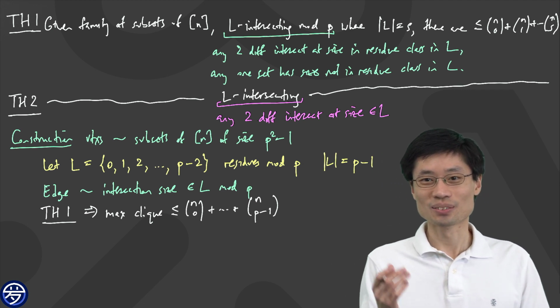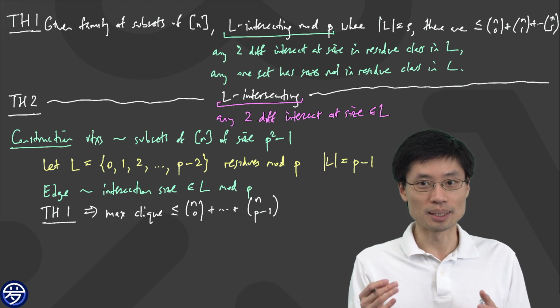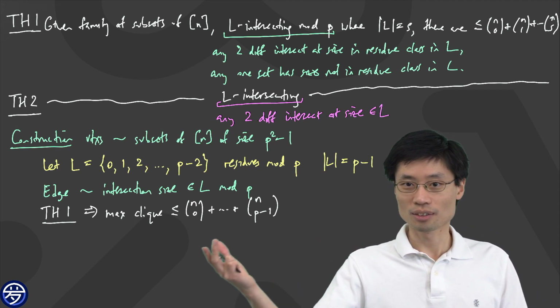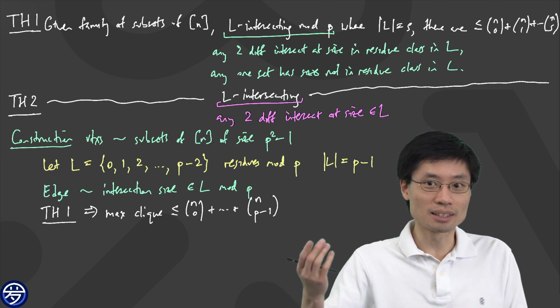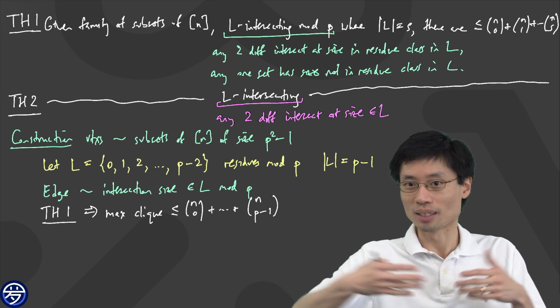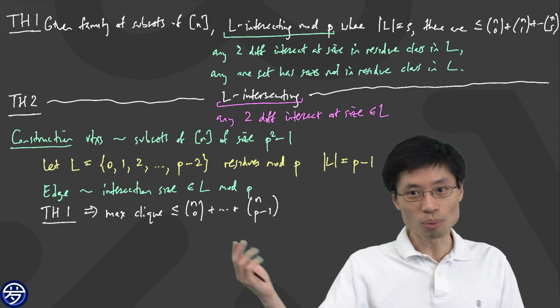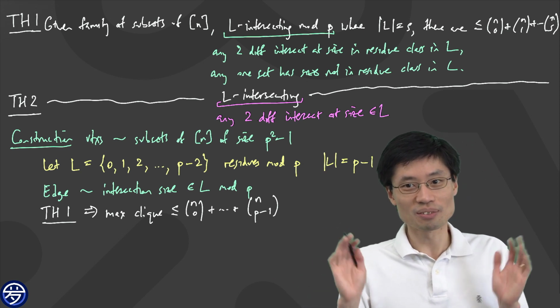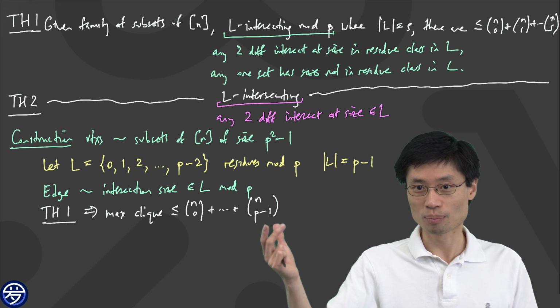Okay? So, by the way, how you should think of this is that if I chose my n to be somewhat big, this is quite nice, because if n is bigger than p, this is around n to the p order of magnitude. You can think of n being a lot bigger than p, growing a lot faster than p, in which case the beginning terms are not so important, and this is sort of like n to the power p. Okay, so that's pretty good. We have an n to the power p bound.